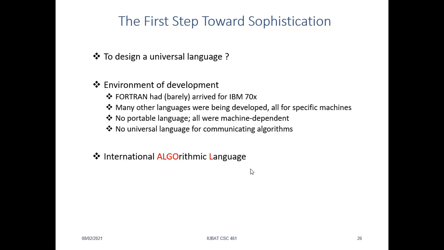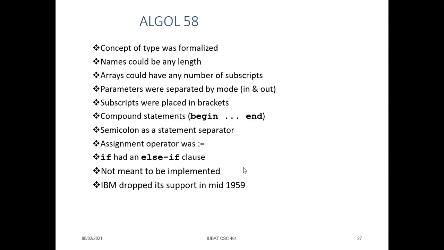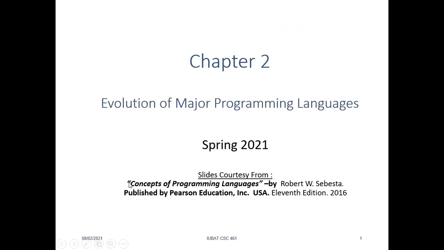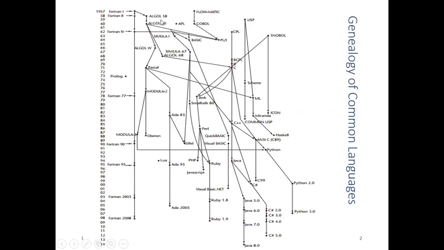So this was a programming language they tried to develop especially for algorithms, and the first version was ALGOL 58. If you look at the timeline here, ALGOL 58 was developed at almost the same time as Fortran 1. It actually came from Fortran. They took the idea because Fortran was very popular at that time and had very interesting features. So they took different operations and ideas from Fortran 1, which was developed in 1957, and around 1958